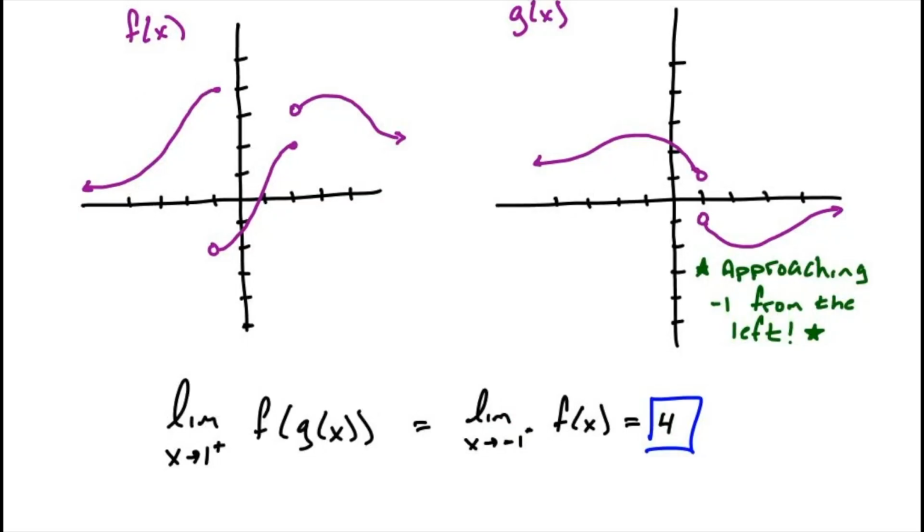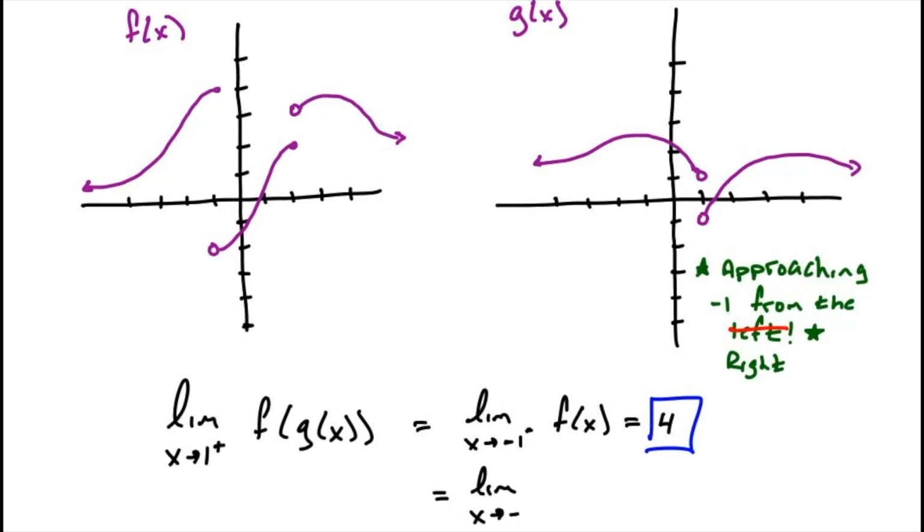Now, how would I change this problem to get you to look at the right side? I'd have to change the way that my g of x function is drawn. So if I erase my g of x function just to the right, and instead of going down after that point, I go up, now as I approach 1 from the right, I'm still approaching a y value of -1. But if we take a look at our graph, we're approaching that y value of -1 from values of y that are larger than -1. We're going up, so the y values are above -1, which means we're approaching -1 from the right,